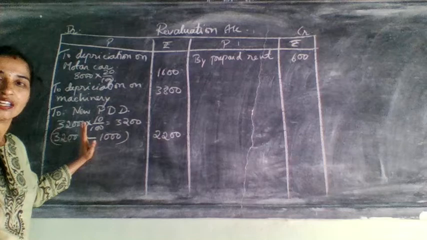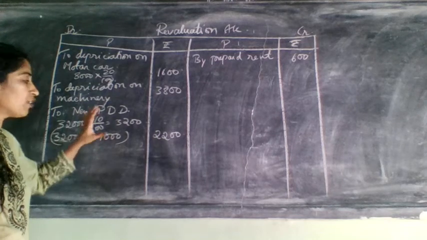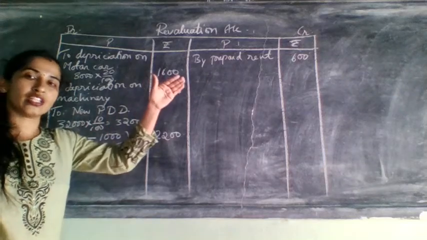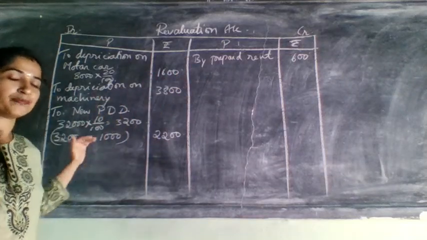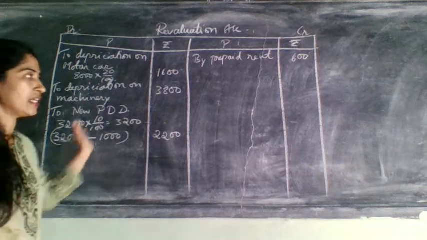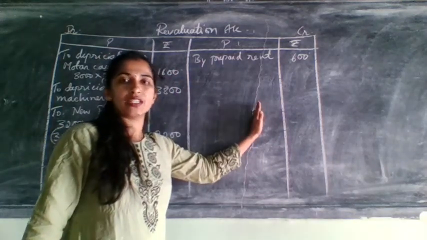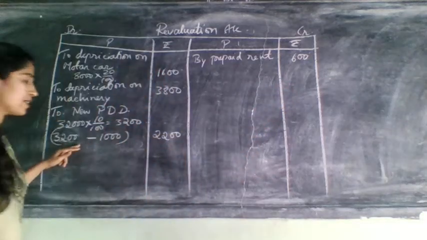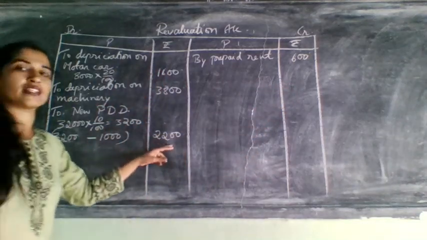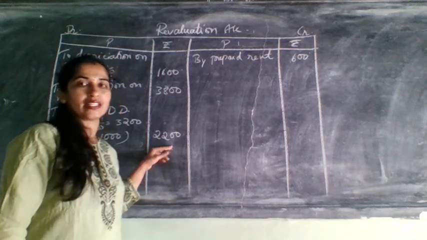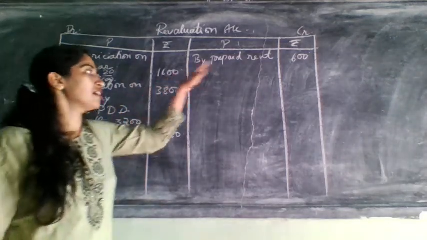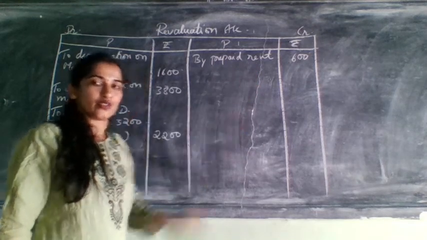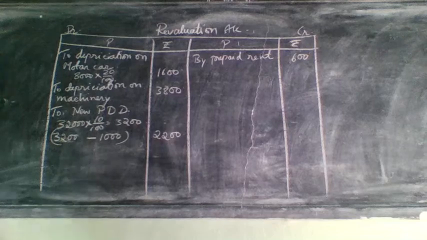When they have not told you increased or decreased, compare with the old balance sheet and write the difference amount. If the old balance sheet amount is more and the adjustment amount is less, obviously the difference amount will come on the credit side. If the old balance sheet amount is less and the adjustment amount is more, then that difference amount will be considered on the debit side. Consider it as increased. If it was less, consider this as reduced. Okay, so now PDD is over.